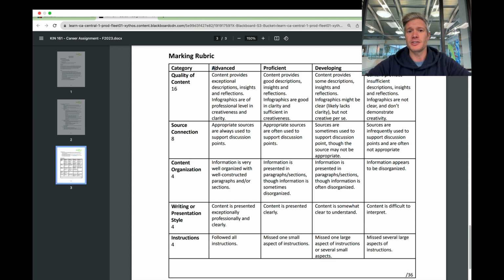And you can relate this to an A level, B level, C level, and D or lower level as far as what these categories line up with. If you want more specifics of what sort of work would entail each of those grade levels, go ahead and flip back to your syllabi. You'll have a very clear outline of what each grade range represents as far as quality of produced work.